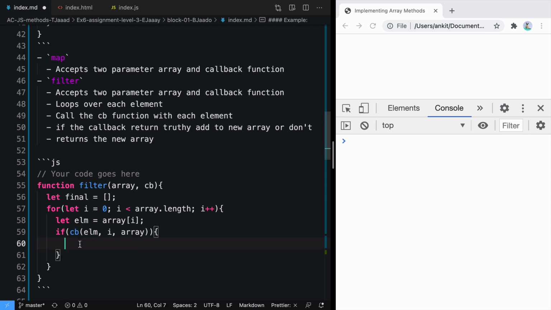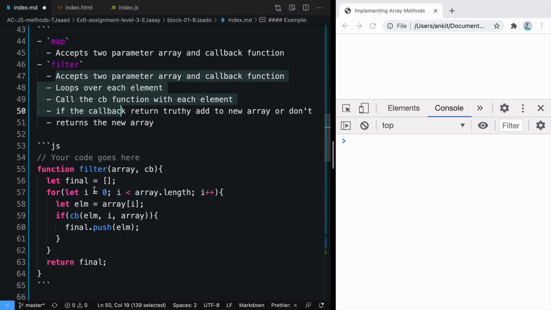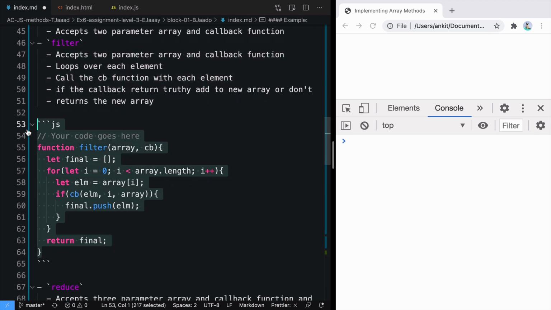In that case, I need to say final dot push whatever is the element. And finally, you have to return the final array from here. So after running the loop, we'll say return final. So here all the instructions are followed and this is our final function.